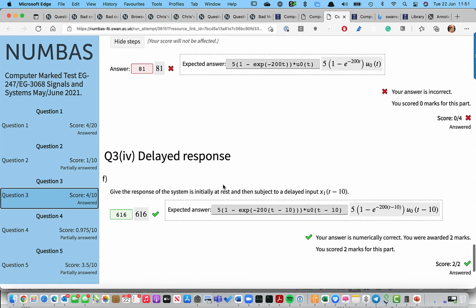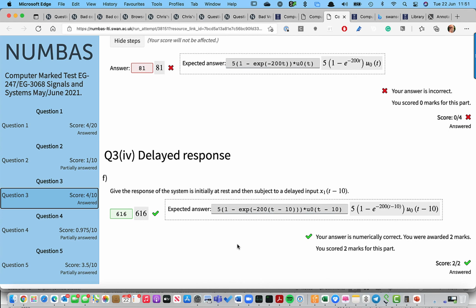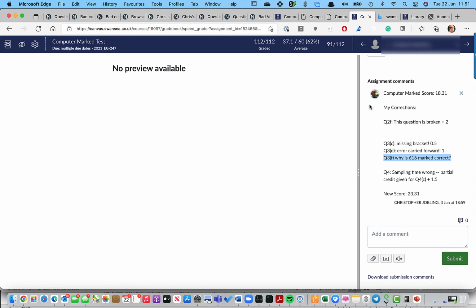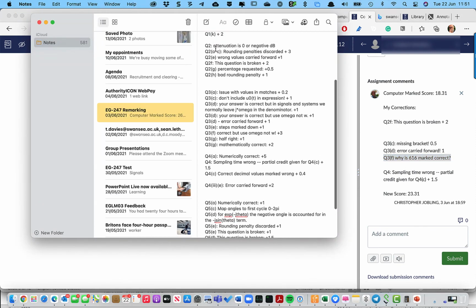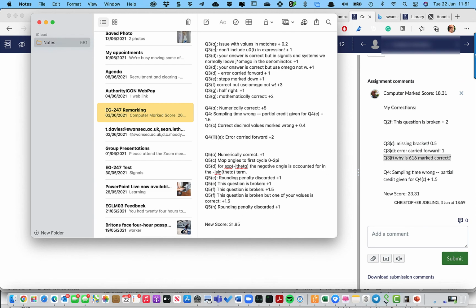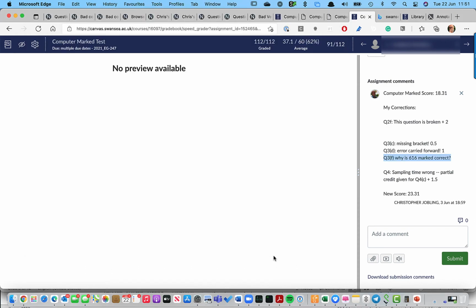here, and the number came back as a number, and it was marked correct. So I don't know quite what that is. Maybe Christian can explain that to us. Something to do with the way the formulae are checked, I guess. So for a particular set of numbers for T, I would imagine the answer was 616. But anyway, there were a few anomalies like that. I didn't mark that down because I can't explain it. So you can see here some notes I made at the time of things that I corrected. Quite a lot, a big list as you can see, of things that I needed to remark.